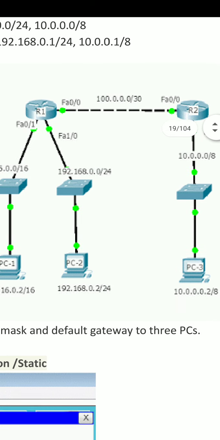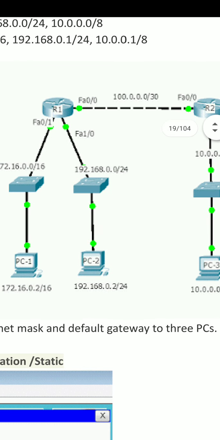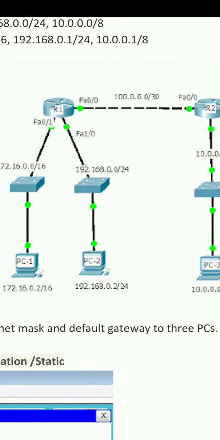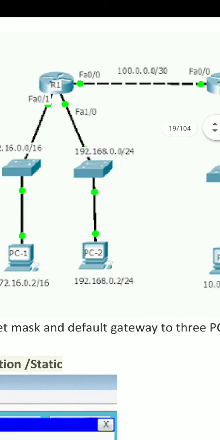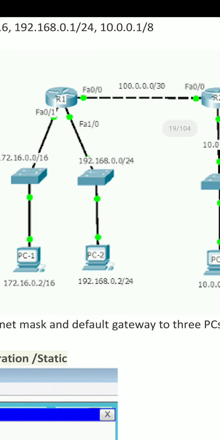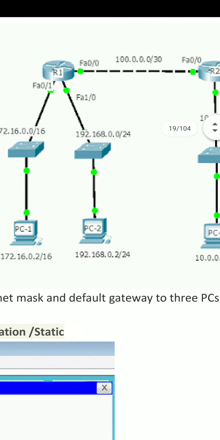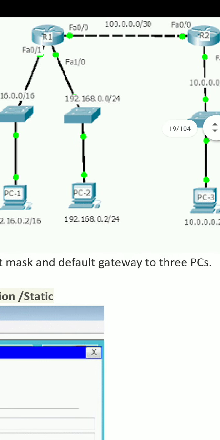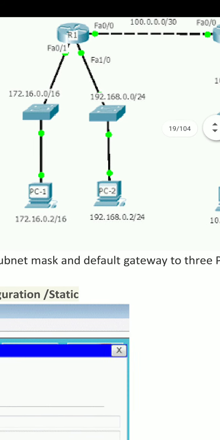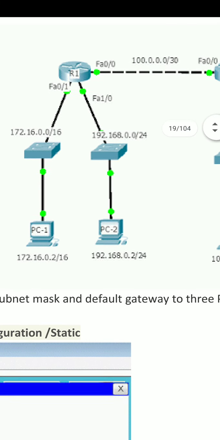We are using three switches, and a switch is the device which connects a number of devices in the same network. So within the same network we use switches, and between different networks we use routers. Three other devices are shown, PC1, PC2 and PC3, which are end user devices.